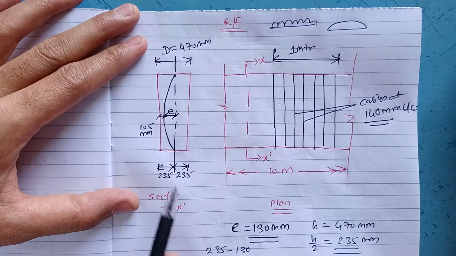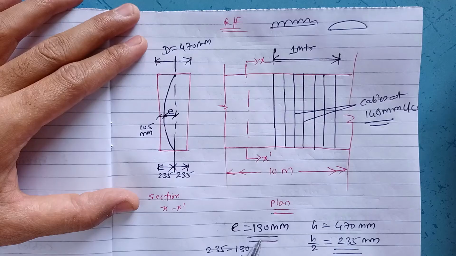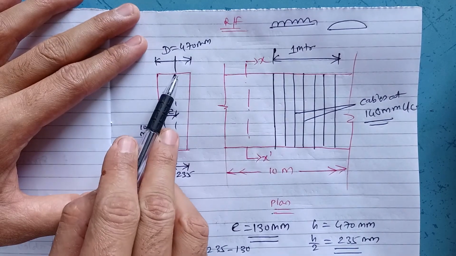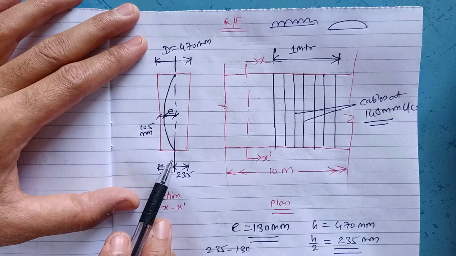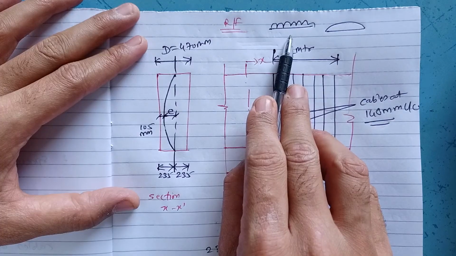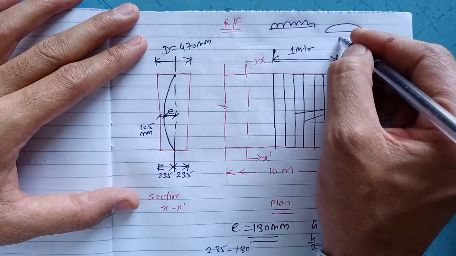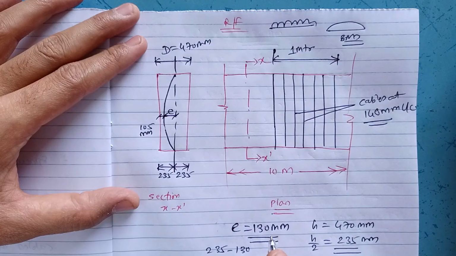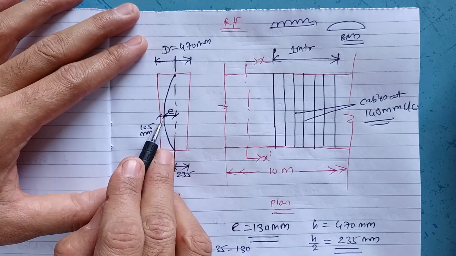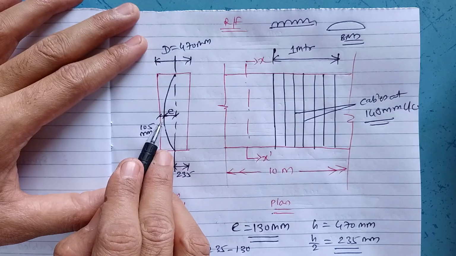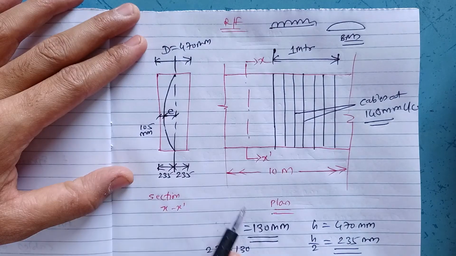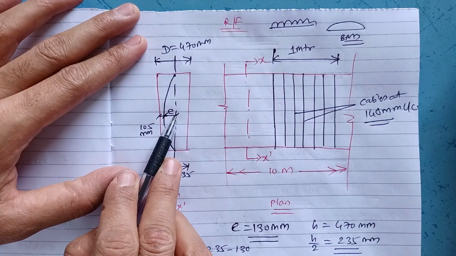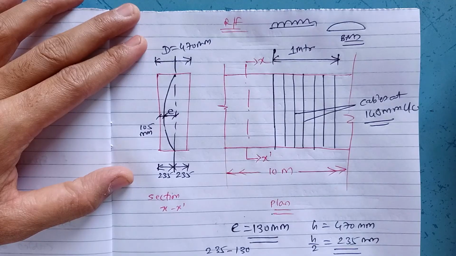Cable is provided at an eccentricity of 130 mm as per calculation. Eccentricity is measured from the neutral axis, and in this way the cable profile will be provided in the spanning direction. As the slab is subjected to the UDL, the BMD will be a second degree curve, that is parabolic in nature. Hence the cable profile, as it is analogous to the BMD, will be parabolic in nature, at eccentricity E of 130 mm at the midspan. In this way you are supposed to give reinforcement detailing for one-way PSC slab.